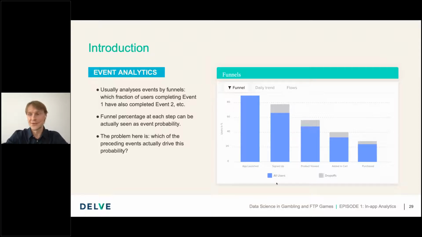And to structure this process, usually all applications, all analytical programs arrive at the notion of funnel. Funnel is a way to analyze events from start to the end of every user session, let's say from launching the app and till some reasonable stopping point.